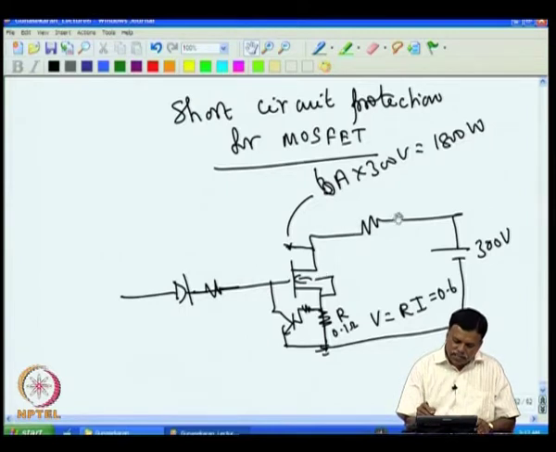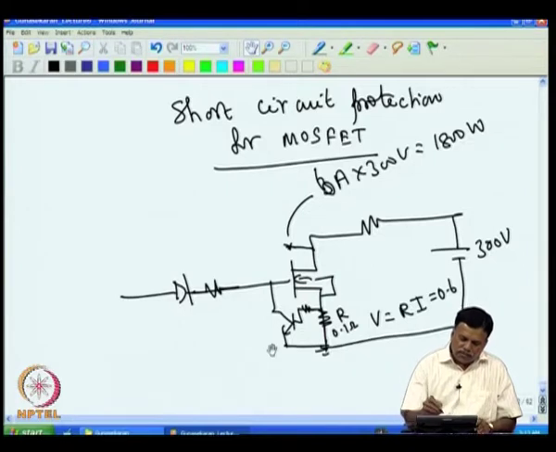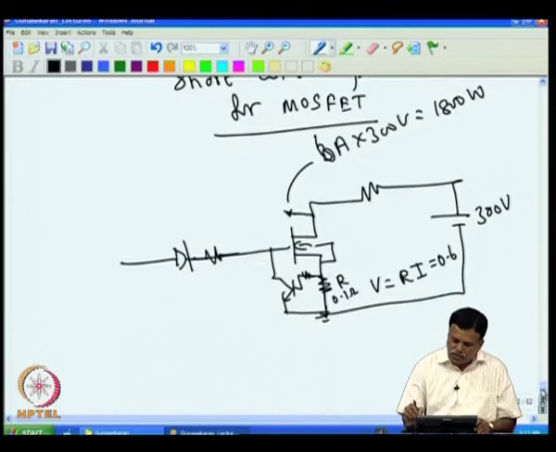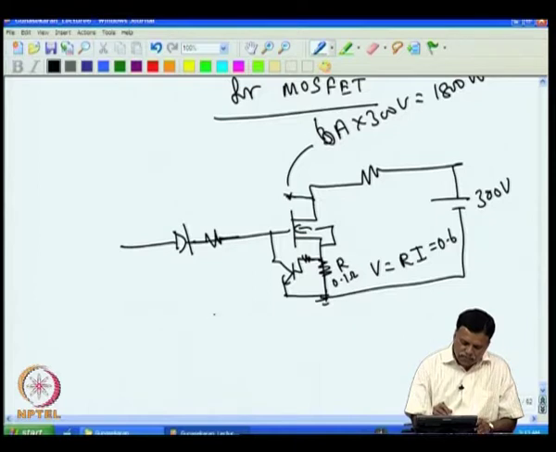But if it is short circuited and the current is limited, then you will see almost all the voltage across the MOSFET. So, we should sense this and then switch off the drive itself, then only the MOSFET can be protected. So, what we have to do is sense this. The next stage is you will sense this voltage. I can sense this by having a divider